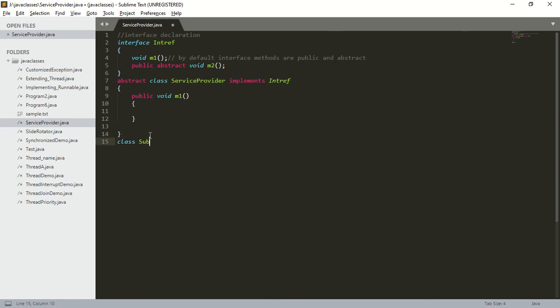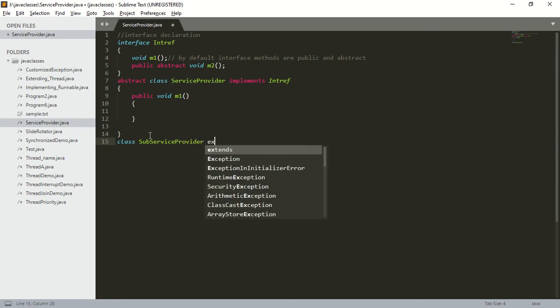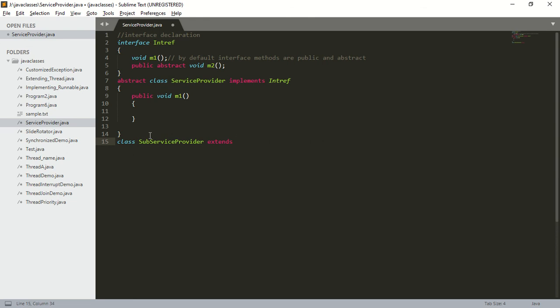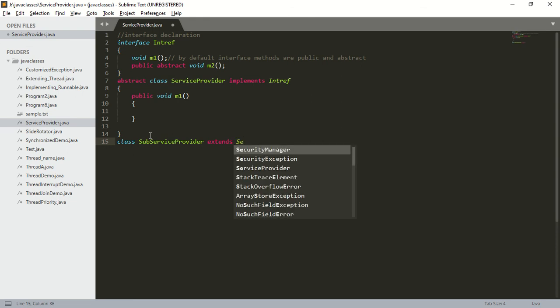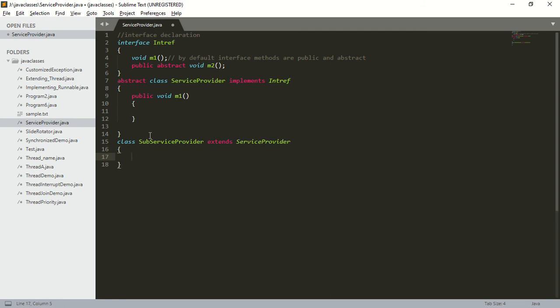Class SubServiceProvider extends ServiceProvider. Now this sub-service provider is responsible to provide an implementation for the M2 method.